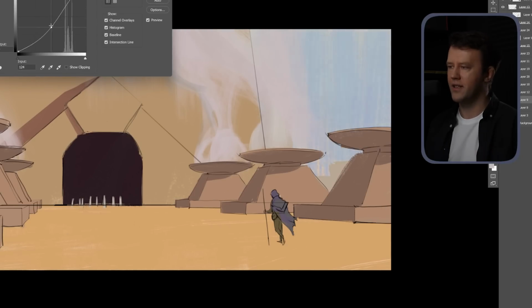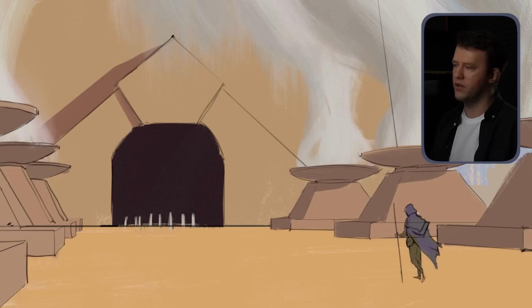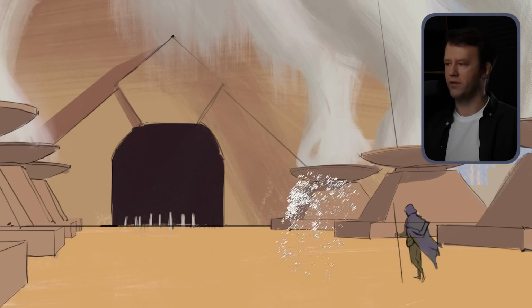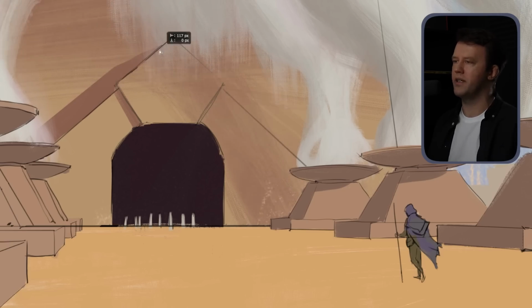Shading smoke requires a delicate touch. If the contrast is too high, the material will lose its soft, wispy quality. At the same time, completely flat smoke won't feel realistic. Try to subtly introduce variations in value, ensuring that it remains recognizable as smoke while blending naturally with the rest